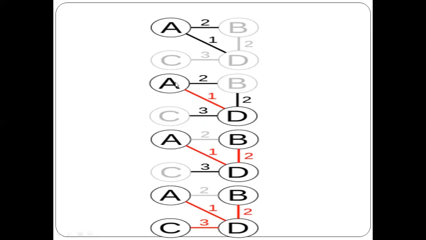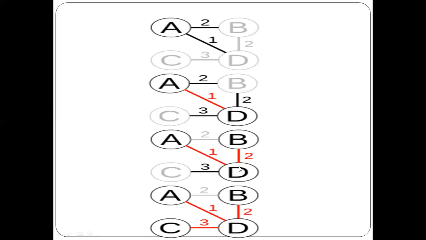Now I will be seeing what all are the edges from A and D. From A, I have this edge that is 2. And from D, I have two more edges, that is DB and CD. I am checking out of all these edges, that means AB, BD and CD, which is the smallest edge. I can either add this AB or I can add DB. Both are having 2 as the weight.